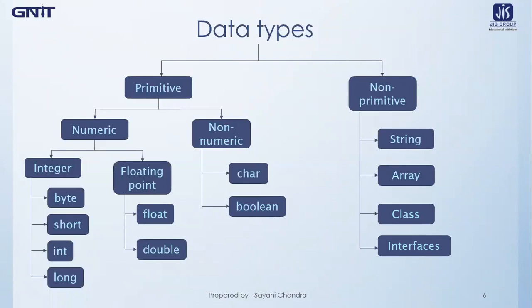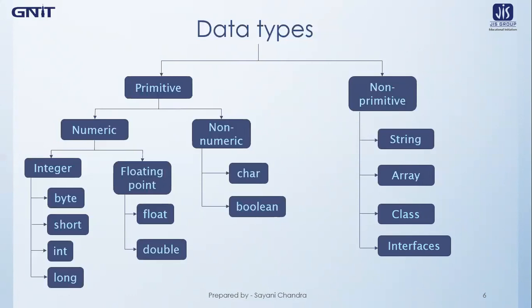So let us first start with byte data type. Byte is the smallest integer type. Byte data type takes 8 bits in memory or 1 byte in memory. This byte data type has a range from -128 to +127. Variables of type byte are especially useful when you are working with a stream of data from a network or a file. They are also useful when you are working with raw binary data that may not be directly compatible with Java's other built-in types.